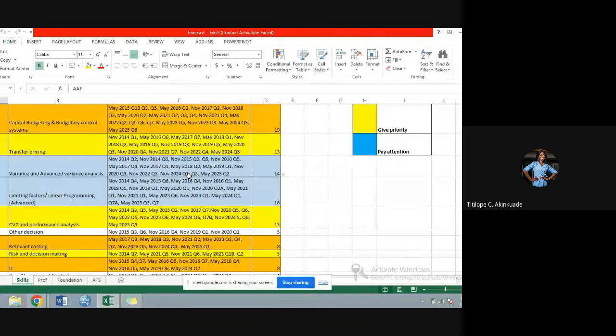After that, you then want to move to your limiting factors. So consider your limiting factors and your linear programming. This also is widely examined and was examined two questions in May diet. That's your last diet. We can see May 24, the entire diet 23, entire diet 21, entire diet 20, then November 18, entire diet 18, entire diet 16, May 15, November 14.